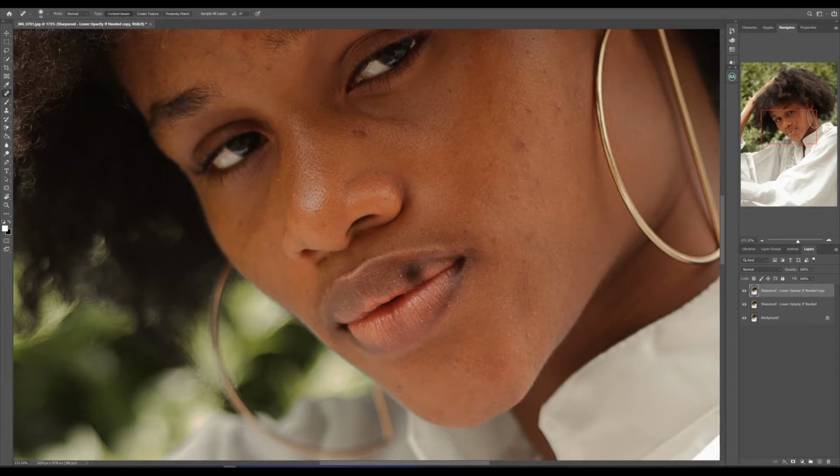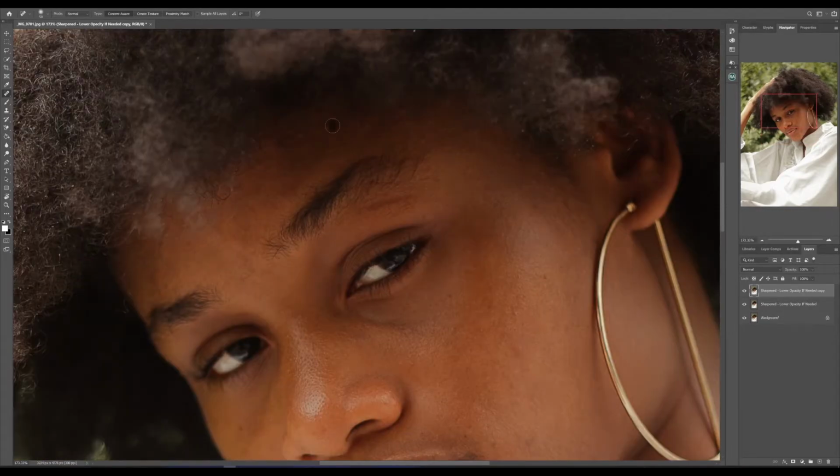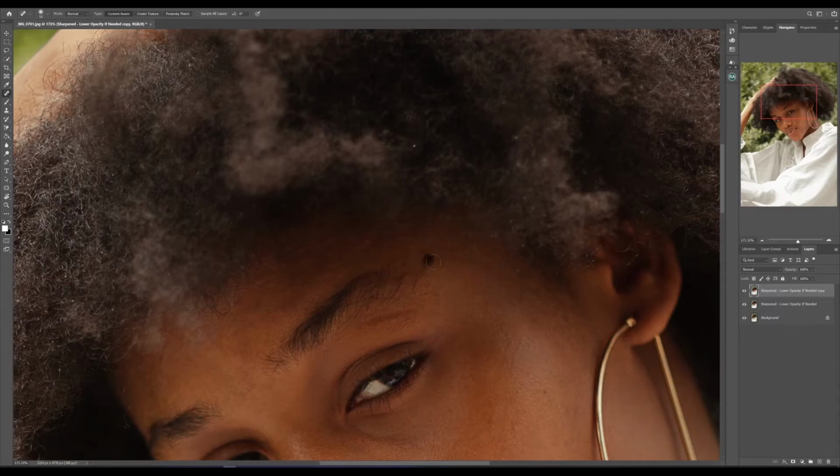After that, what you'd want to do is adjust the size of your brush and then just click on whatever I want to remove from the skin. Just size the brush and click around. So this is what you'd want to do. Now, if you make a mistake or blend in a place that you shouldn't be blending,